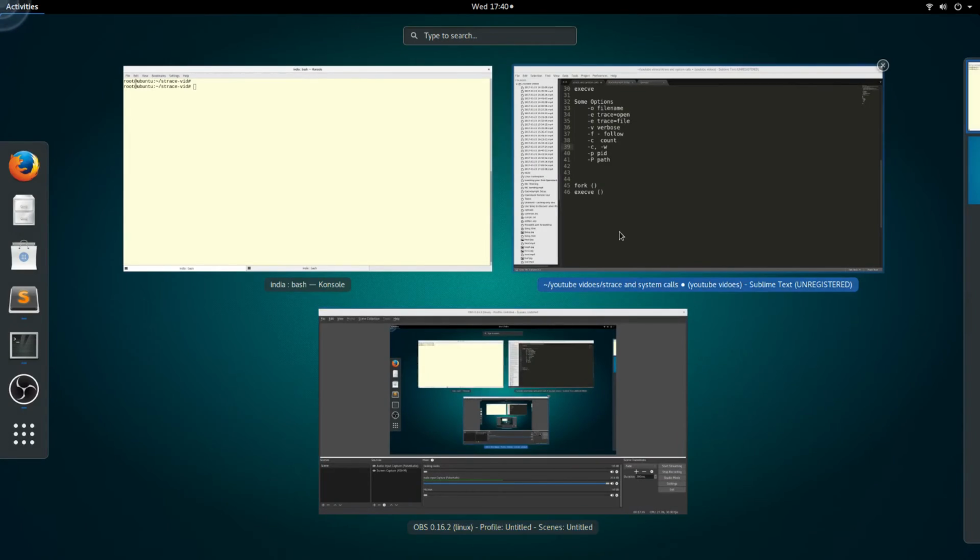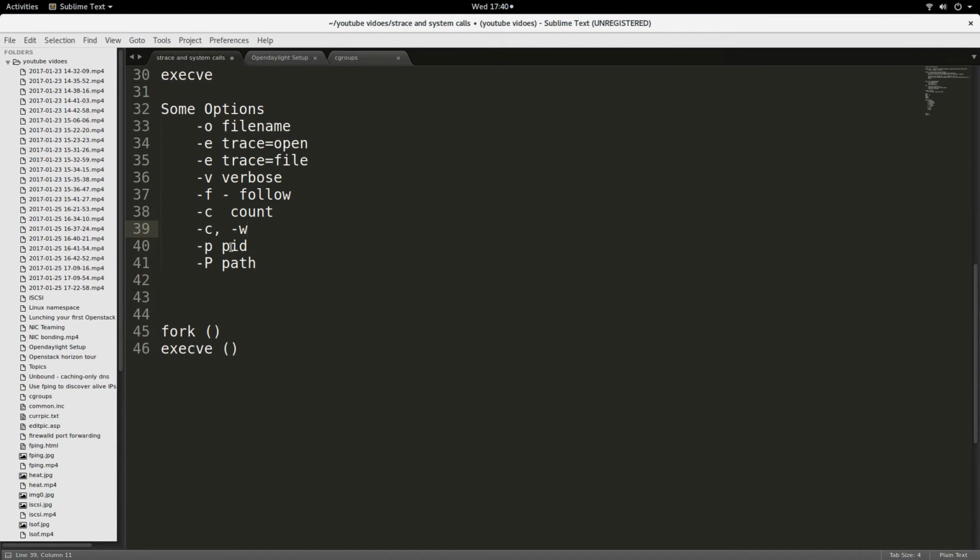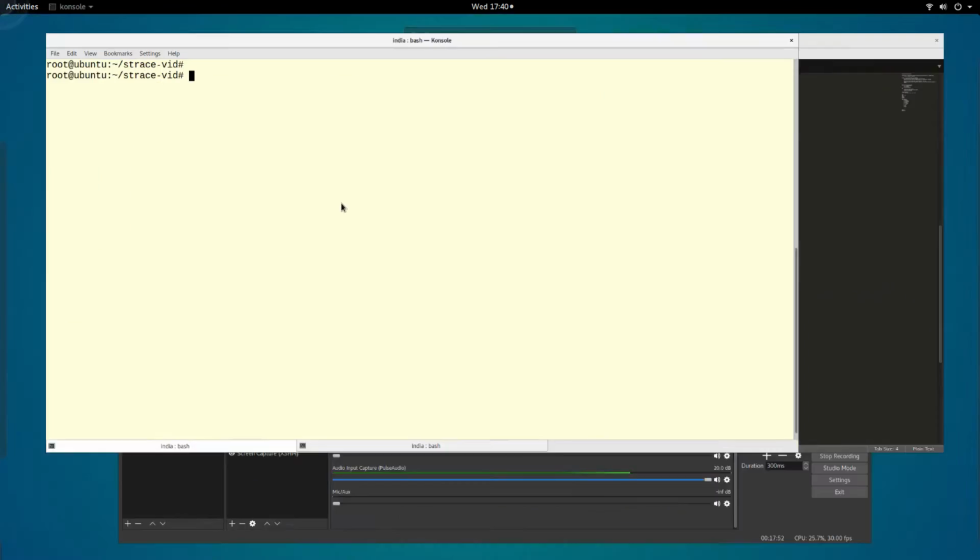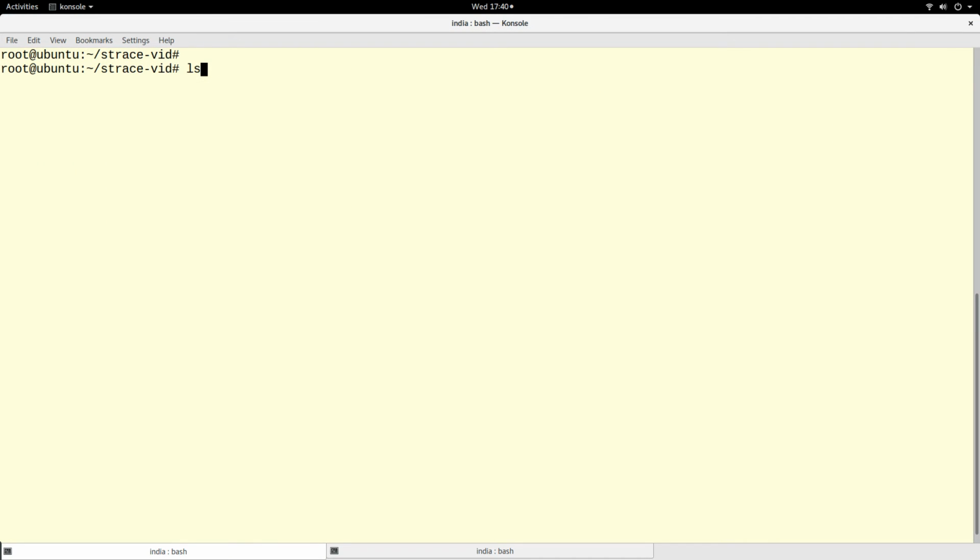Let's move ahead. Okay, I've talked about -c and -w. I've talked about -p. Actually, you can attach to a running process. So let's talk about uppercase -P. Uppercase -P can be used to know if a process uses a particular file. I think maybe that was what I should have used the other time. Yeah. So I want to know if my command uses the file